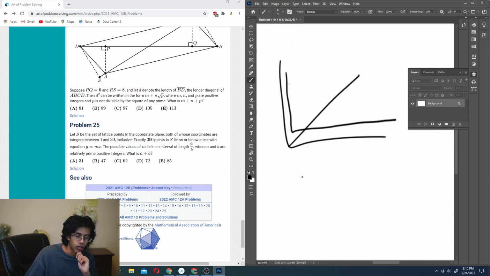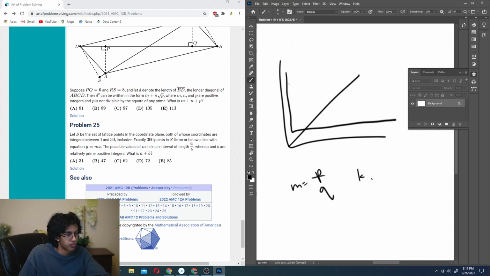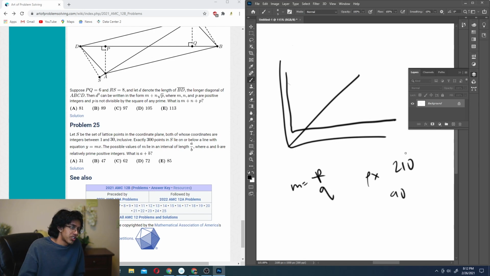Hold up. Okay, so how do you get one more lattice point, right? That is when your fraction, let's say m is equal to p over q, when px is greater than the next multiple of q, right? Okay, well we know it goes from 1 to 20 somehow, right? So essentially we need 1 plus 20. We know that 1 to 20 gives you 210, right? So we essentially need to add 90 somehow. Okay, yeah, so some things need to be repeated, right? Well, we don't know it even ends on 20 though.